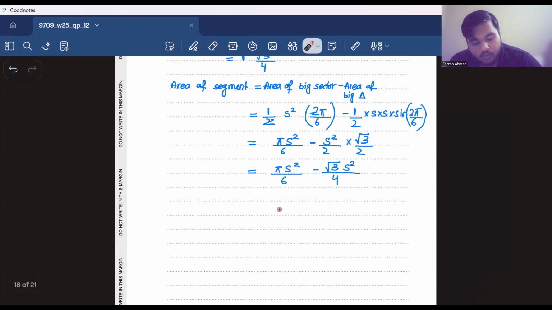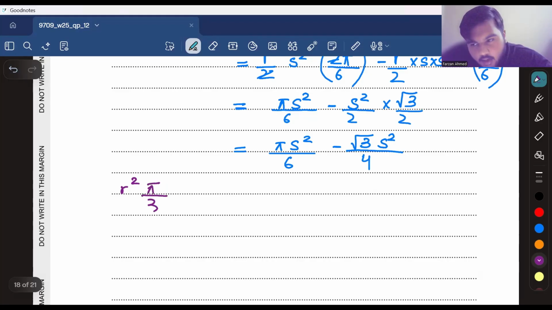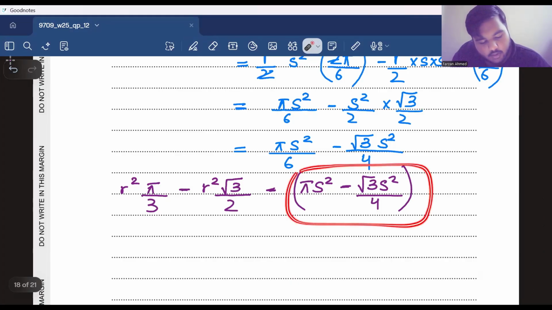So now pi upon 3 minus r square square root of 3 upon 2, and minus pi s square upon 6 minus square root of 3 s square over 4. And now when we simplify this equation, so this will be,